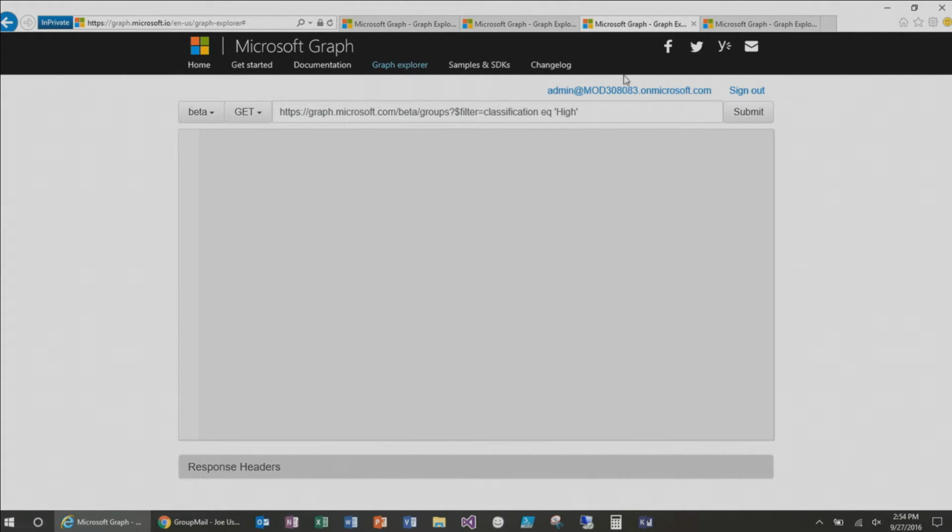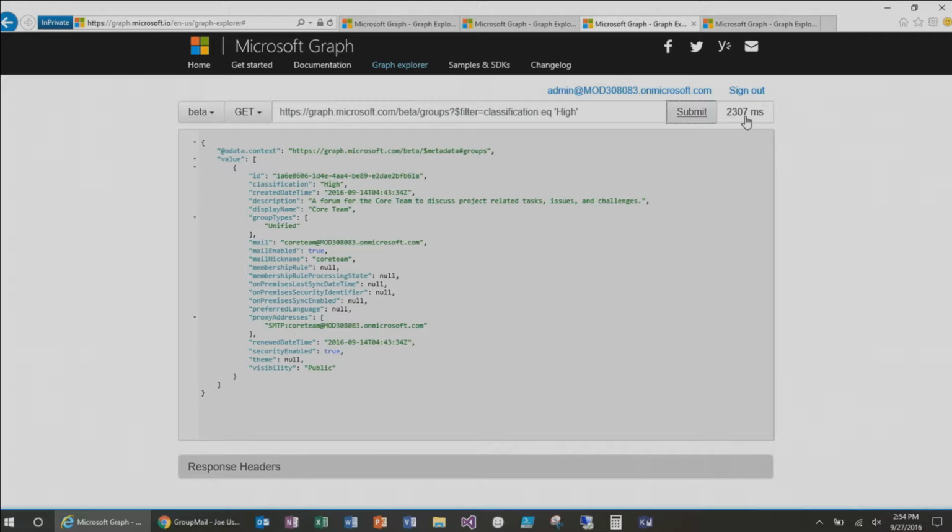And I'm going to go find a group that we would want to disable guest access for. So I'll use Graph to query Graph for groups where classification is high. And as Eric had mentioned, high classification, or at Microsoft we use HBI for high business impact. These are the kind of groups that typically have either customer data in it or trade secrets or things you likely may not want to have guest access enabled for. So what I'll do is I'll take this object ID for this group,